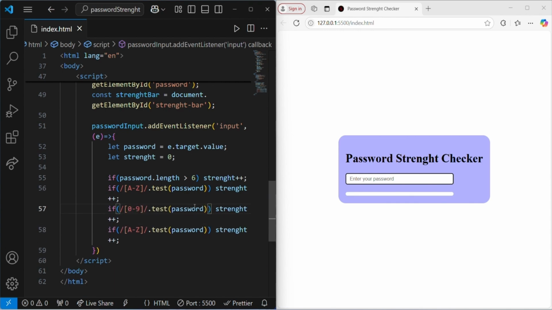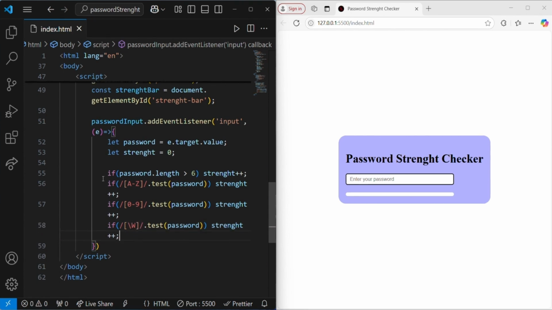So if our password contains characters from 0 to 9, that is numbers from 0 to 9, then again our strength will be increased by 1. And if our password contains special characters like @, hash, $, or something like that, then again we will increase the password strength by 1. So for that we will add slash and then W. That's it. Now these lines of code will increase the value of strength according to the strength of our password,